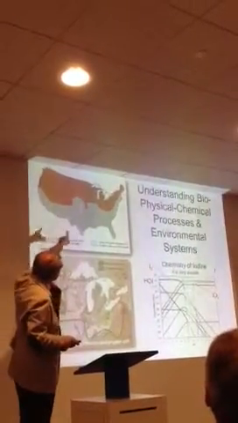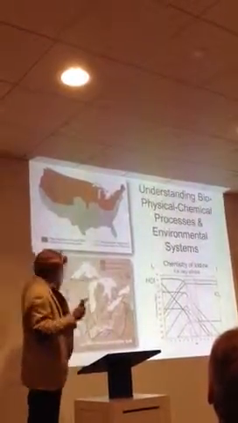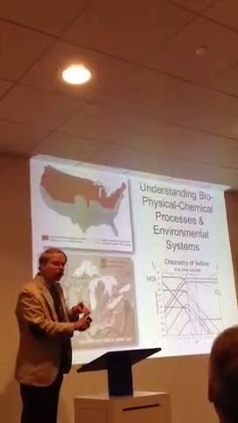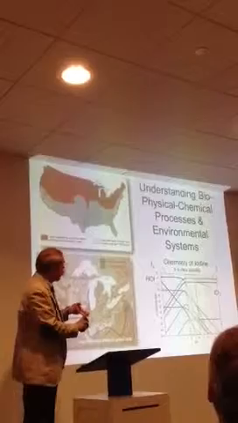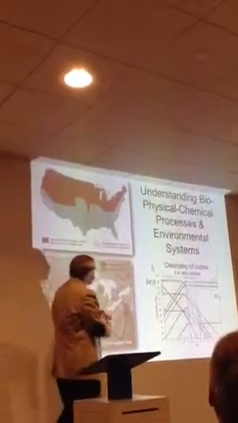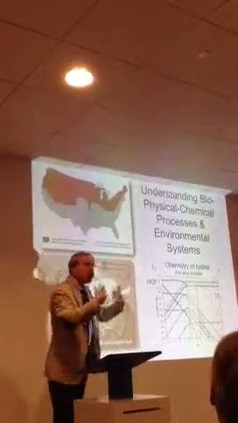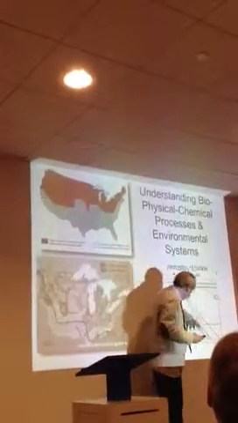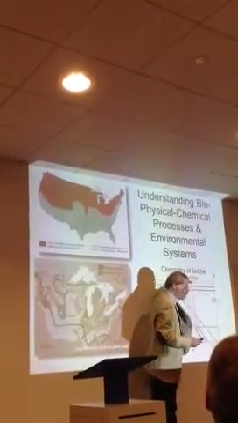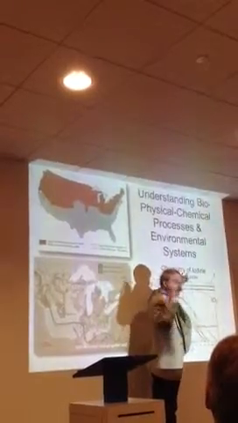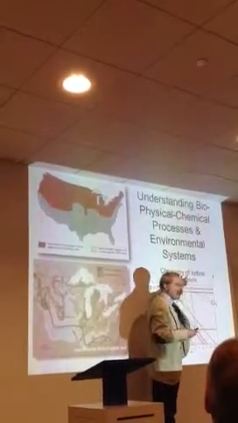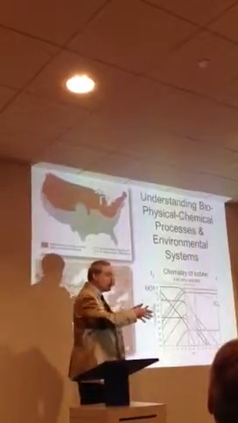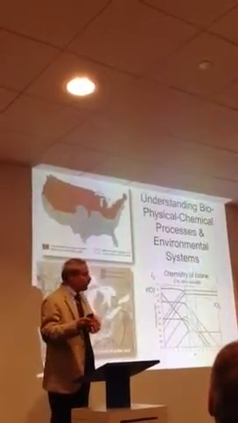We find up in the northern part of Michigan, of the U.S. rather, where there's goiter, there's no iodine in the soil. Well, why? That's odd, right? Why is there no iodine in the soil? Well, we answer that question, you learn process, and you learn chemistry. What we know about iodine in the normal pH range of the environment, which is normally what we have in Michigan, is that iodine is extremely soluble. It would want to be in the liquid phase rather than the solid phase. Second thing we know,